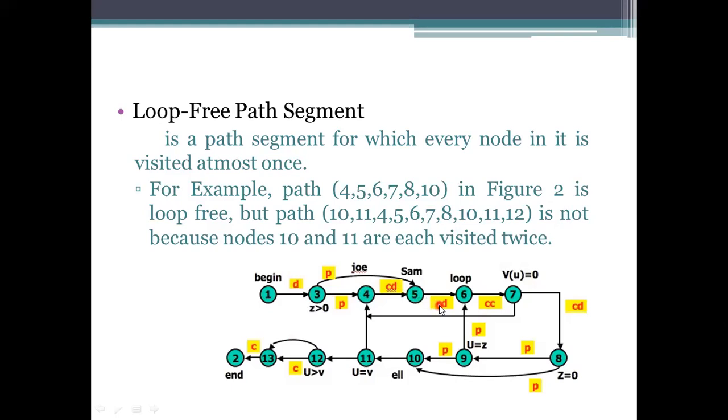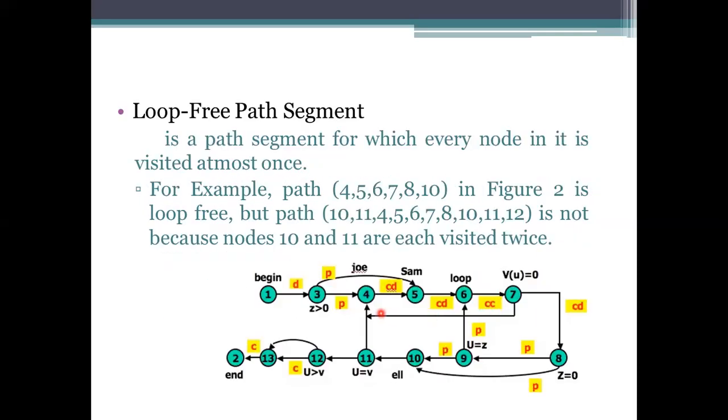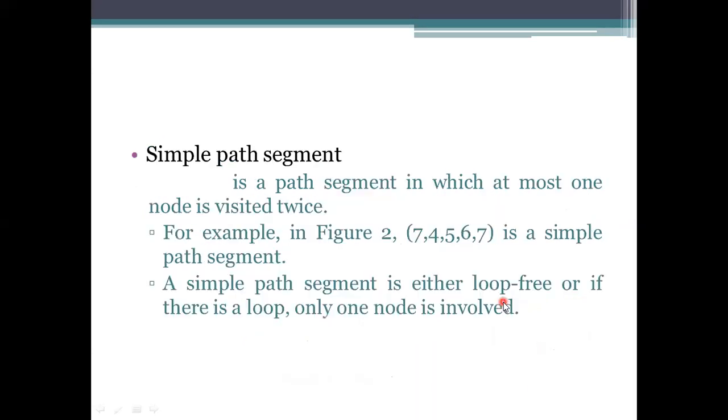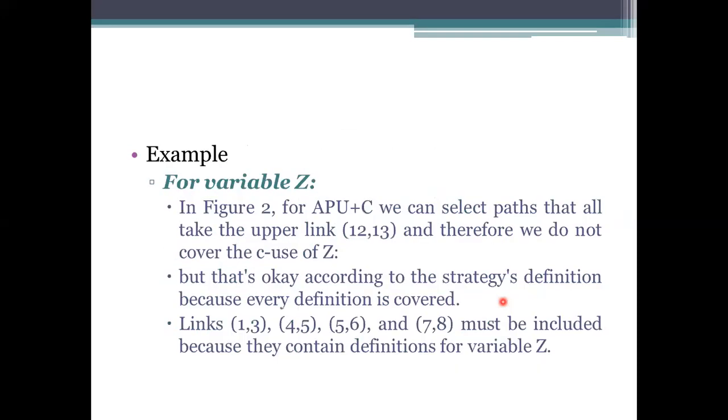If you go for the processing here, you won't have the chance of processing the predicate, because it goes from 4 to 5, 5 to 6, 6 to 7, and then 7 to 4. So you will reach there only, and there are only computations. If you go from 7 to 8, this definition will be changed. Here also the definition is changing, and here also. This defined variable we are providing is not being used in the predicate. So likewise, we go for the processing here.